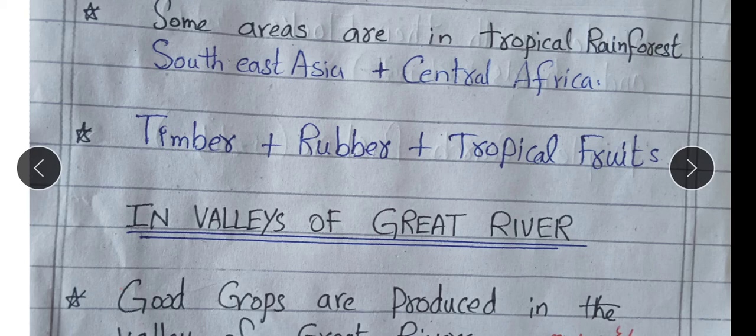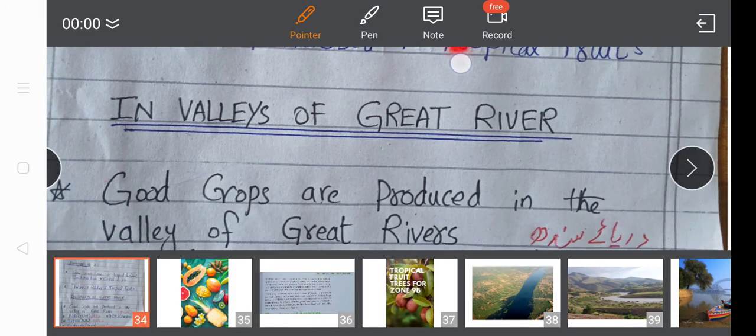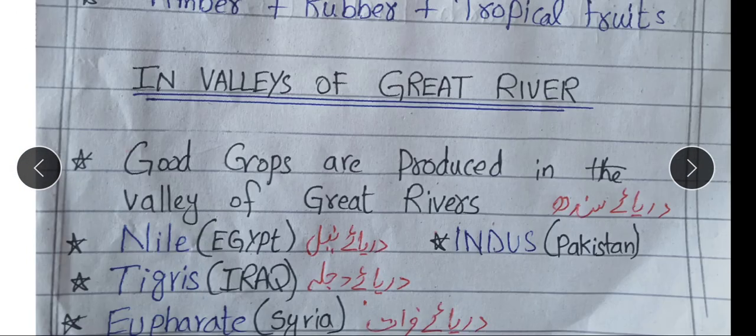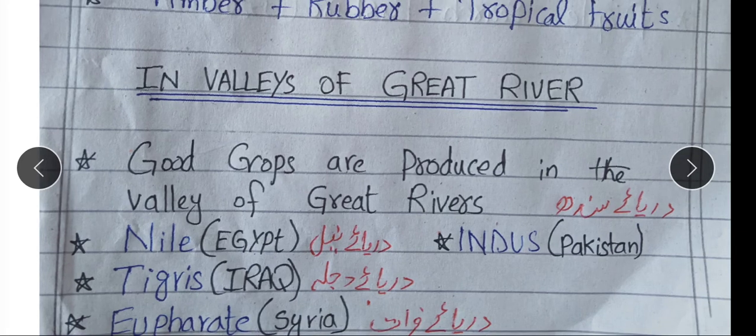They produce many tropical products like timber, rubber, and tropical fruits. And in the last line they tell us that good crops are produced in the valleys of great rivers. बहुत बड़े बड़े दरियाओं के किनारों की वादियों में बेहतरीन फसलें उगाई जाती हैं. And those rivers are दरिया नील, इजिप्ट; दरिया दजला, टिग्रिस एट इराक़; दरिया फ़रात एट सीरिया शाम के कंट्री में, and river Indus in